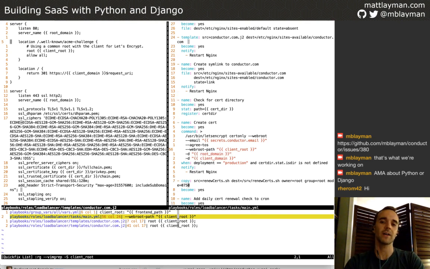Let's Encrypt will come back to your live running server and make an unsecure request, and the path it will specify would be something like